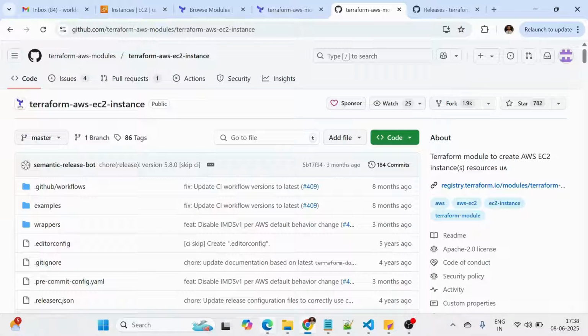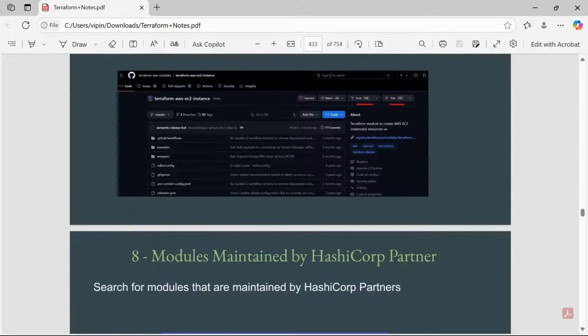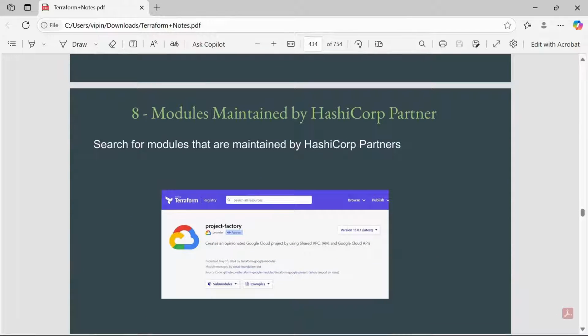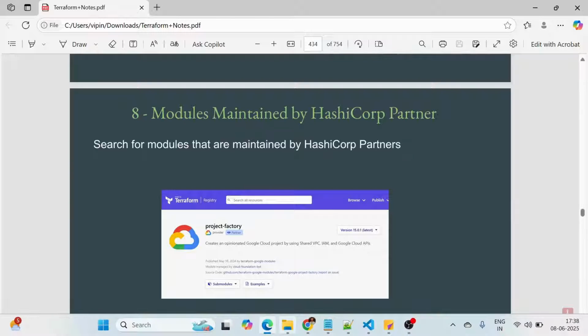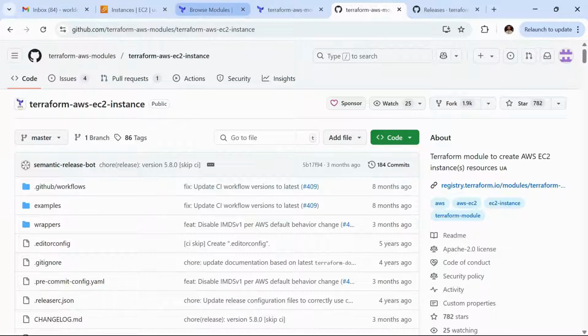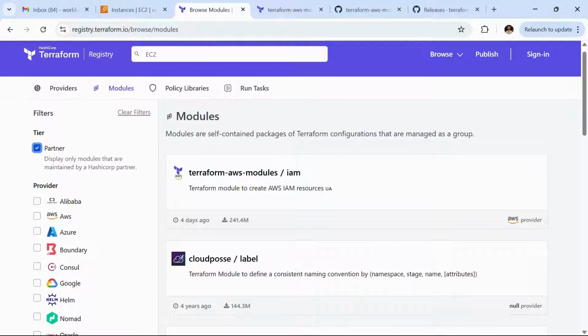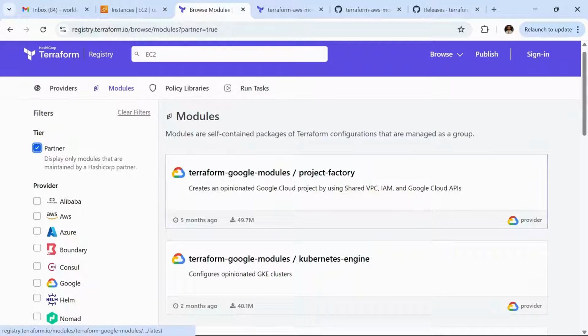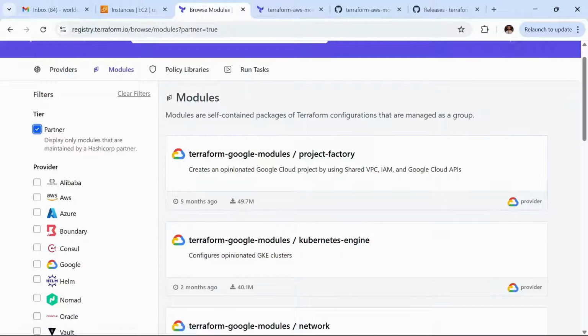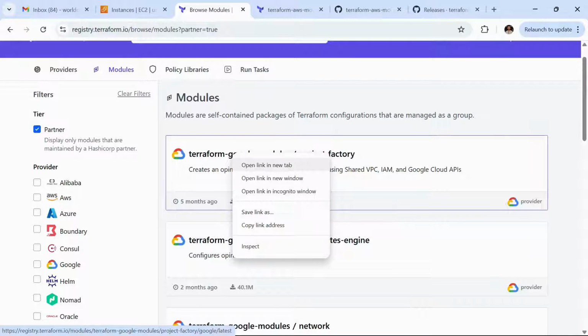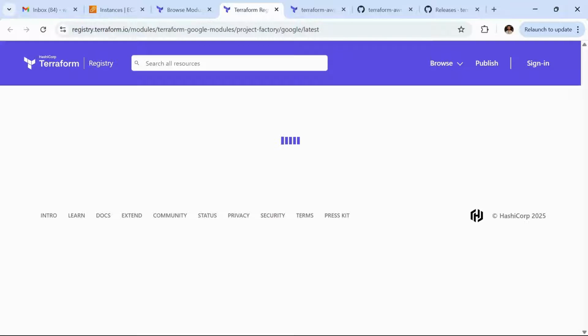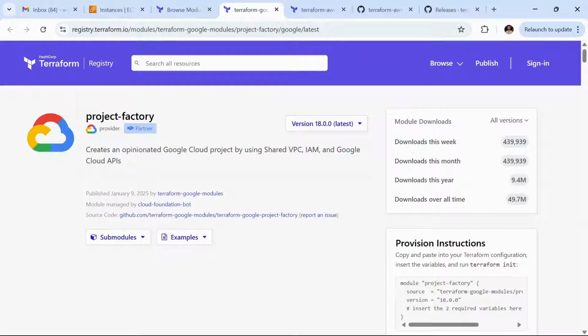Okay, so let's go back to another point. Modules maintained by HashiCorp partners: search for modules that are maintained by HashiCorp partners. If you go to browse modules here, we can see one option, that is partner. If you check mark this and open the module, you will see the partner icon here.